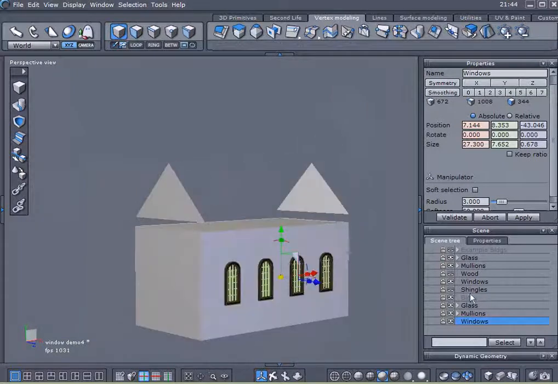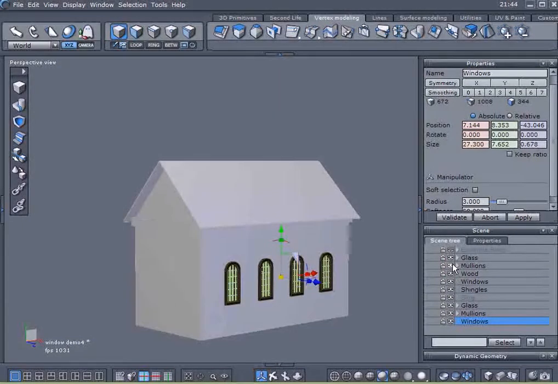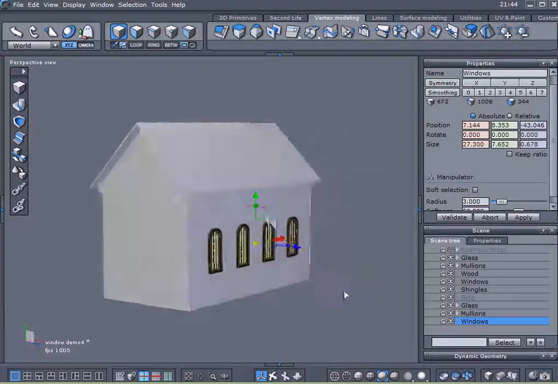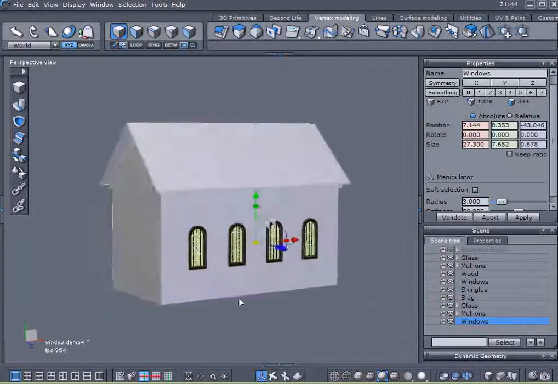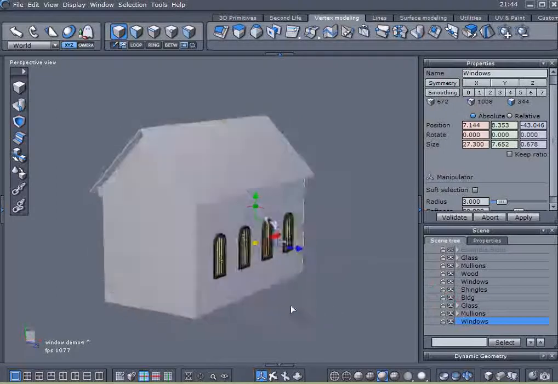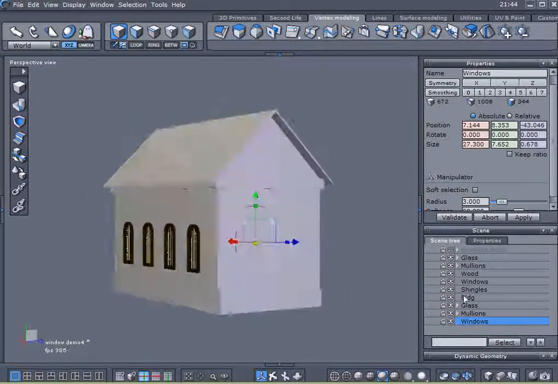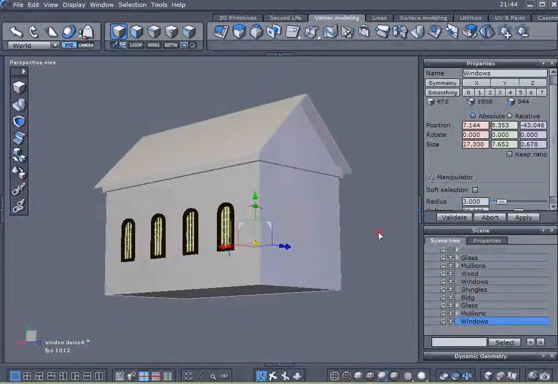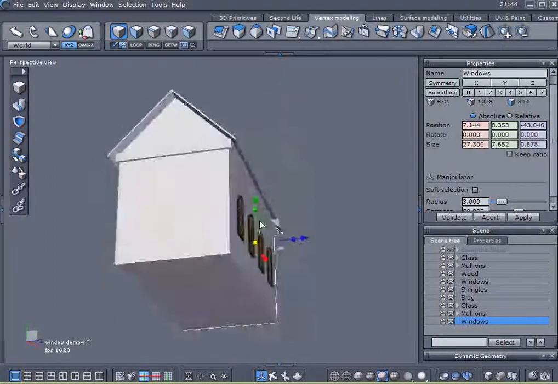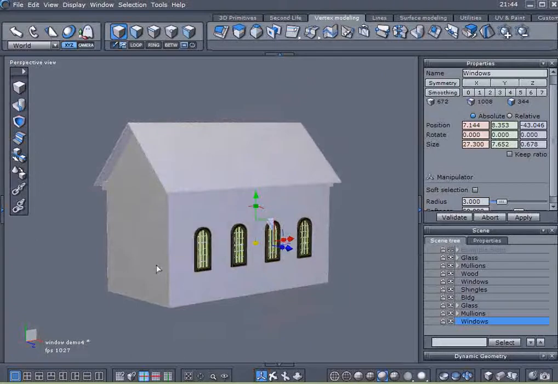How about that? Now we can enable all of our other objects, and there's our model right there, done here in Hexagon, half of which a couple mouse clicks and one or two tools the program did for us. So this is, I'm going to pause it right here, and I'm going to bring it into View. Before I do that, let me